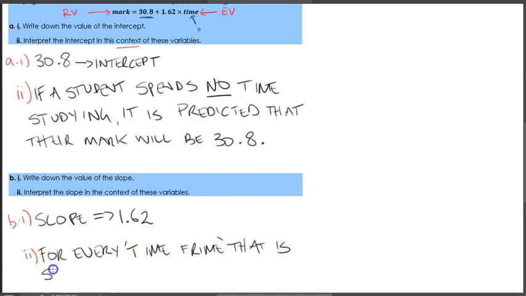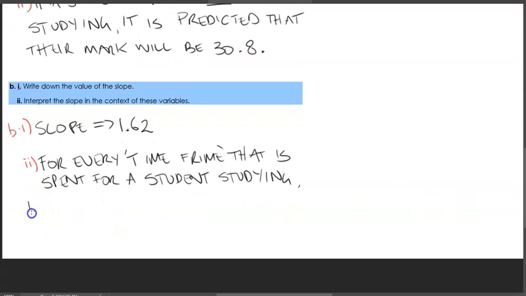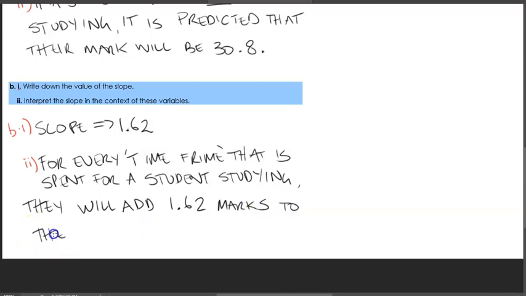that is spent for a student studying, let's scroll this down a bit, they will add 1.62 marks to their overall score. And that makes sense in